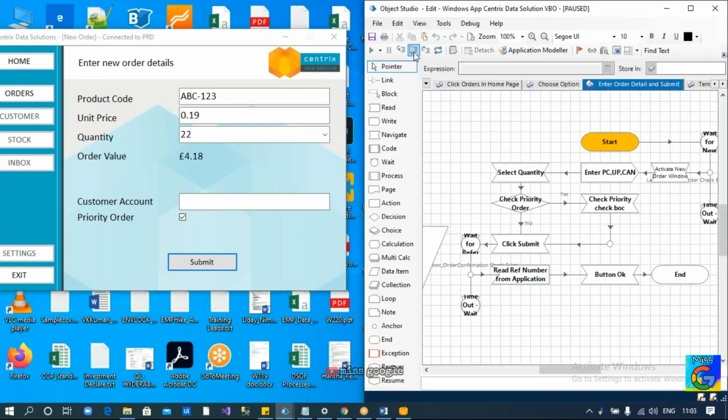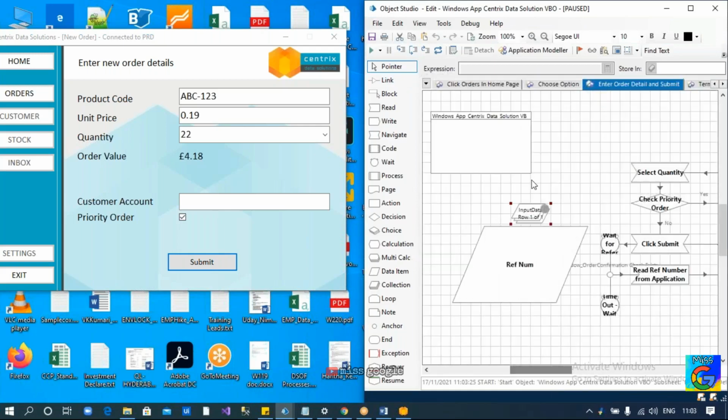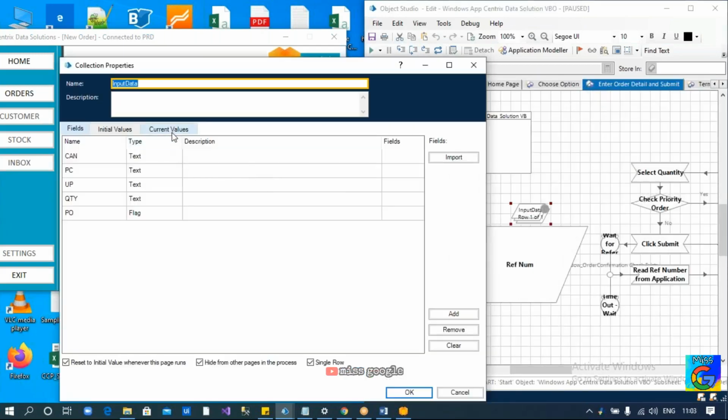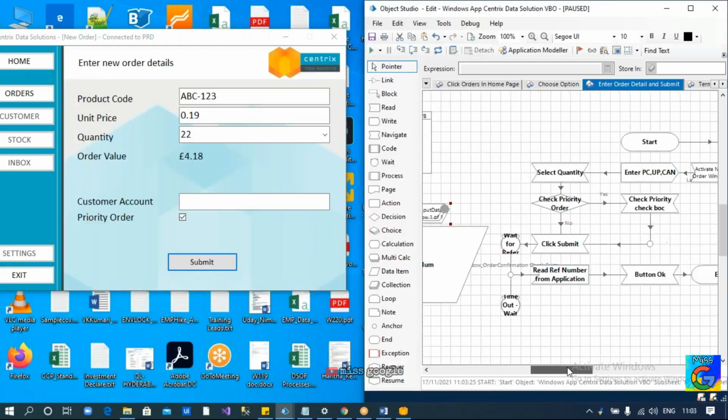See what is going to happen. Now we are getting the data. We got the data from the collection to this process studio to object studio. You can see the customer account field is empty here. Customer account number field is empty here because in the Excel file we did not define the customer account number